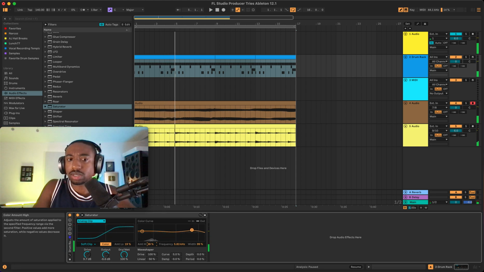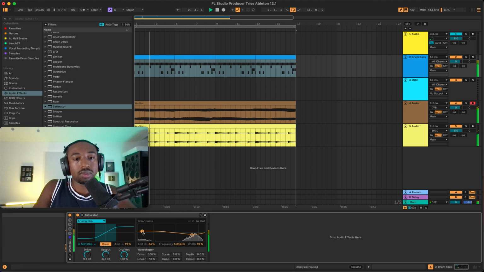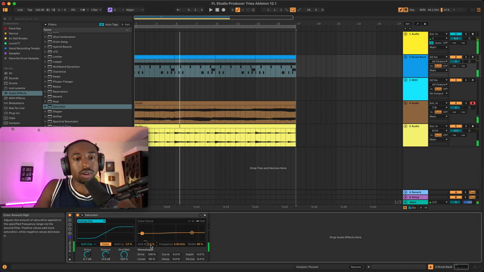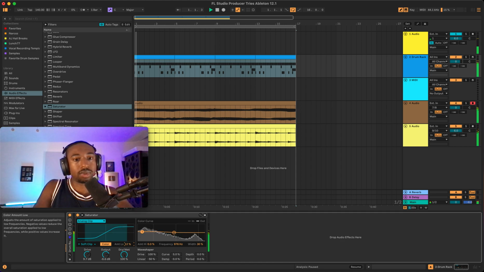So if we boost the highs, we get more harmonics, I guess, in the area. Because it sounds like harmonics, not just EQ. Not sure if the color curve is pre the saturator or what. Again, I don't read manuals. Everybody does not read manuals, so we don't have time. This looks not linear. I don't know how to fix. Okay, that's the low amount.